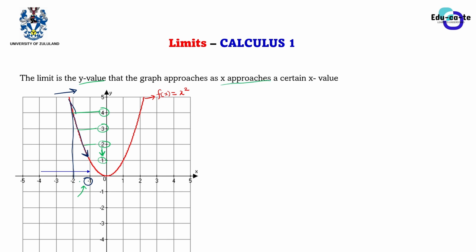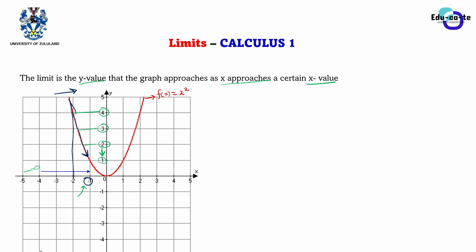In this case, the x values are moving from -infinity and they are approaching -1. So as they are moving from the left of -1, they are approaching -1. So that is the certain x value that we are approaching. So the y value that will result in, it will be +1.